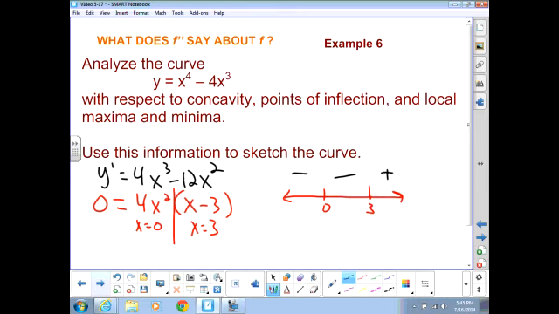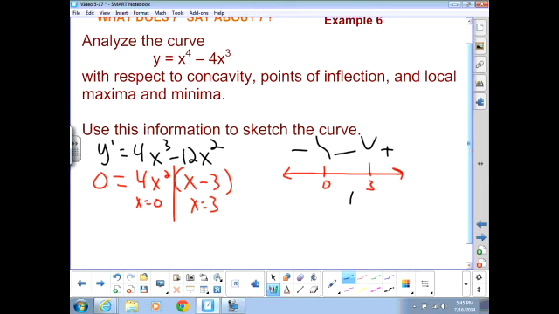Note, at 0, it is neither a max or a min. It's decreasing on either side of it, so it's going to end up kind of looking like a -x cubed would. And we will have a min at 3 because we're going from negative to positive. So we'll have a local min